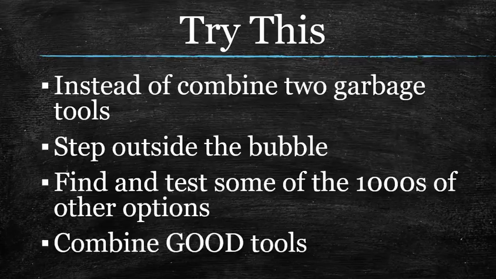Let me tell you what happens when you actually start combining numerous things that actually work well. You actually end up with a system that has a much higher than average chance of predicting whether price is going to go up or down. Because yes, there is randomness out there, but there is also real momentum. And there are tools out there that, because of the mathematics within those tools, are very good at doing a better than average job of predicting if that momentum is, 1, real, and 2, which way is most likely to take price. And once you combine them and test them, dear trader, you're going to be amazed at what you find.